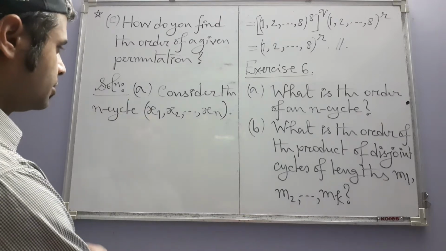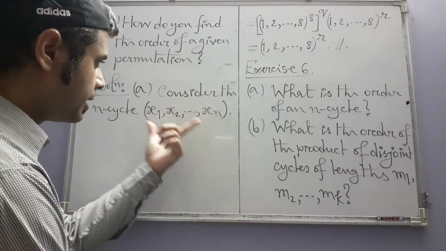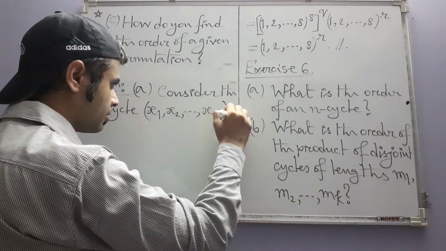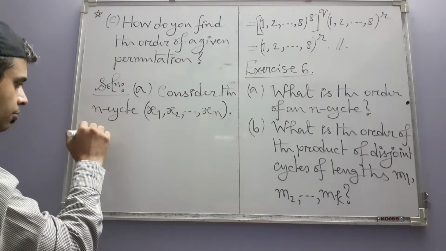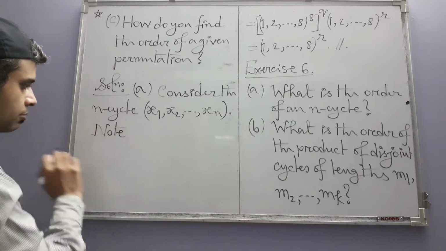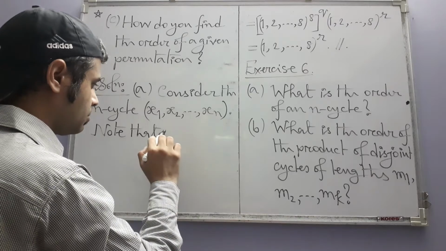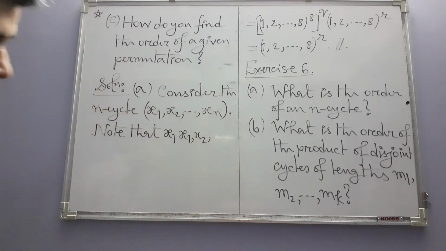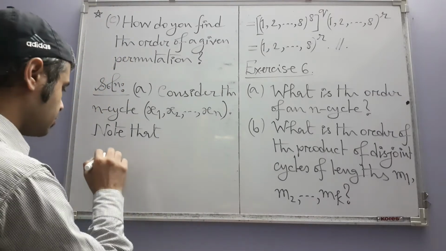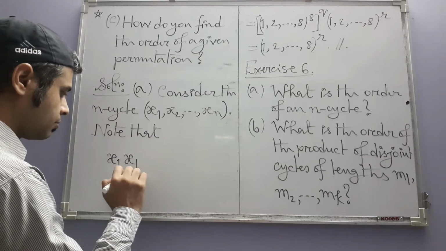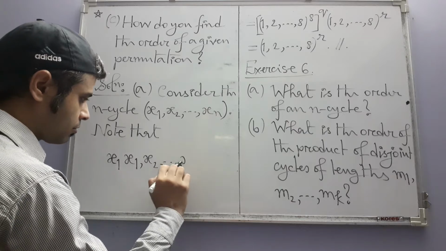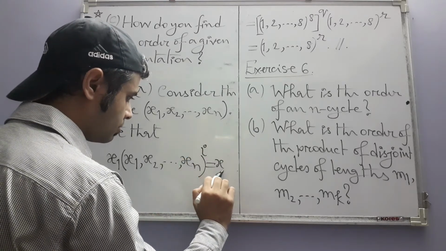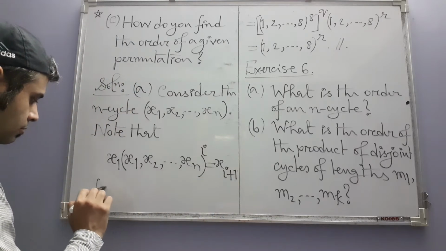Now what we are going to do is look at what the powers of this n cycle do to, say, x1, and we are going to simply mention what the result will be. Note that if I write like this, will you understand what it means? I don't have space here. Note that (x1 x2 ... xn) to the power i is equal to x_{i+1} for